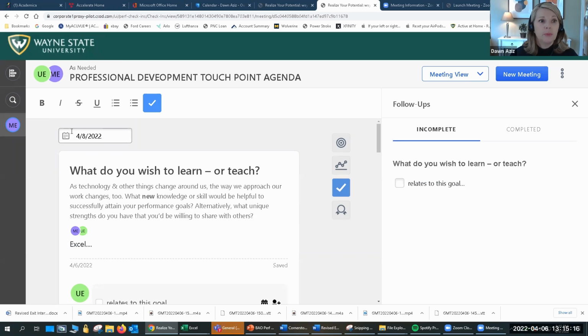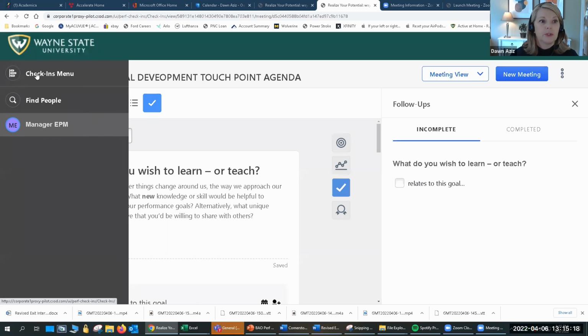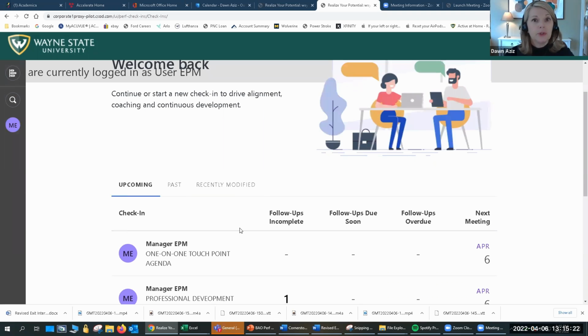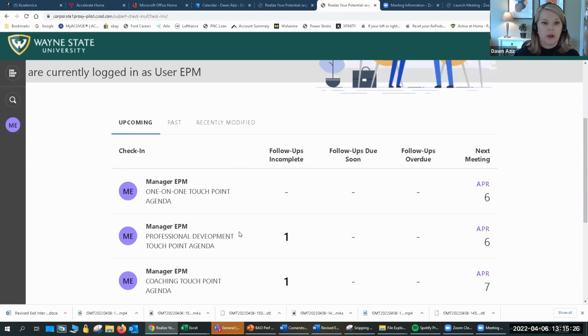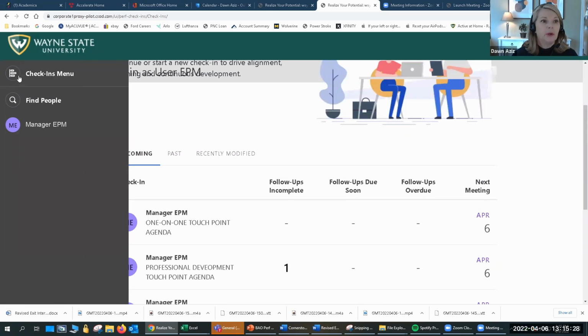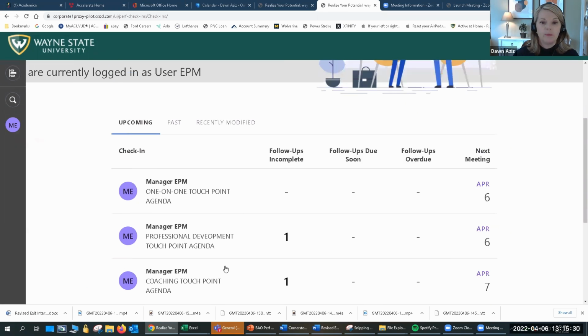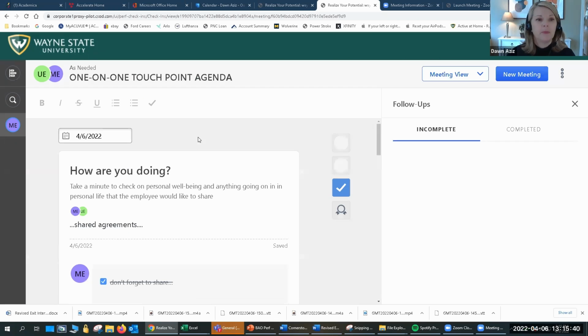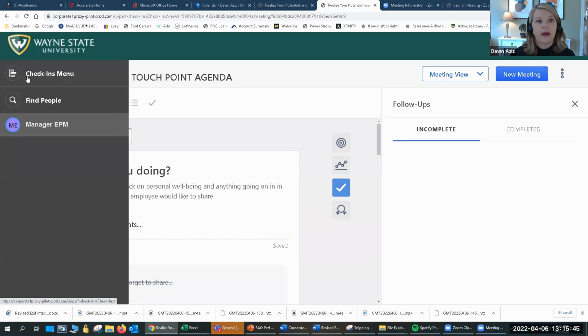And so touch points give you a place to just kind of keep track of all your notes of to-dos, discussions, decisions, next steps, etc. When I went to this menu in my far left, check-in menu, I saw that this is the third check-in with my manager. Gosh, you've been busy over 2 days. And I would be able to click on any one of them to go in and actually see the notes that we took and have that as